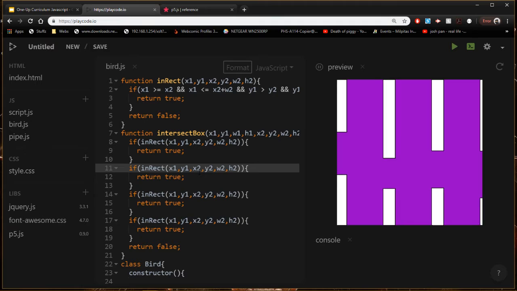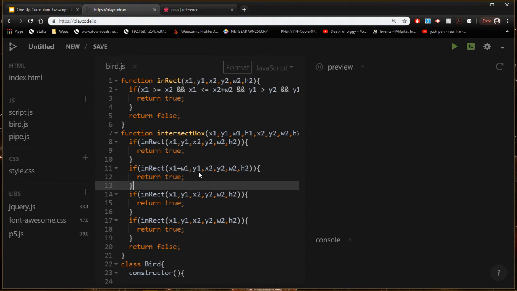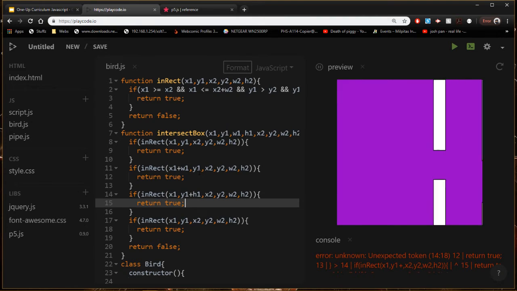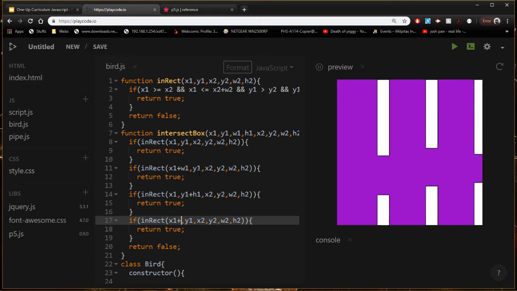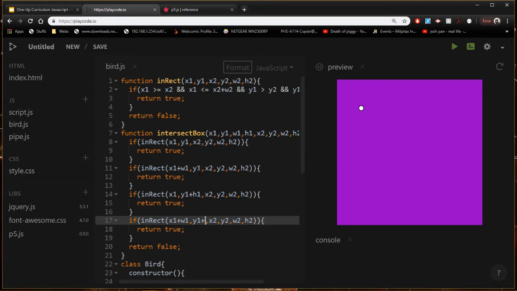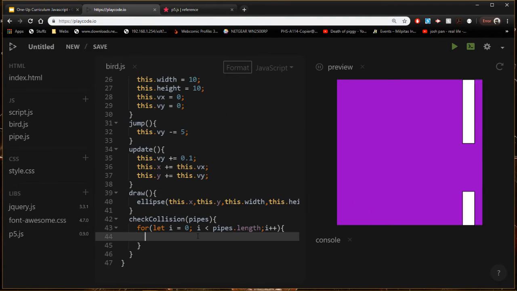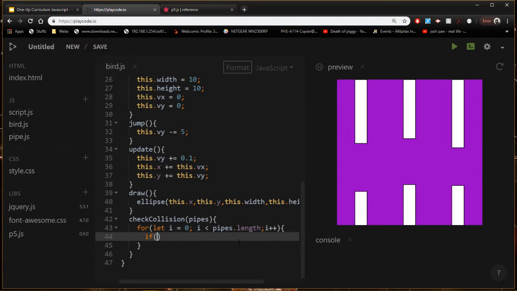So the other point is x2 plus width 2, or width 1, then y1 plus height 1. If you're so bored at this point, go ahead and make your own game. Just don't bother. But if you're still stuck by it, we're almost done. Height 1. Okay. Now, if any of that happens,